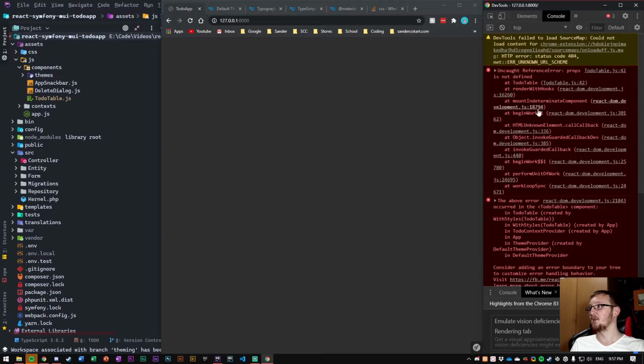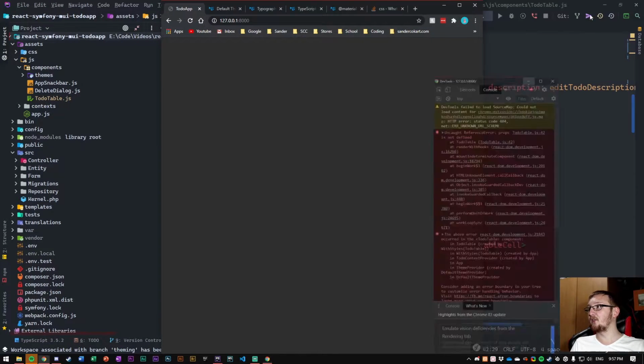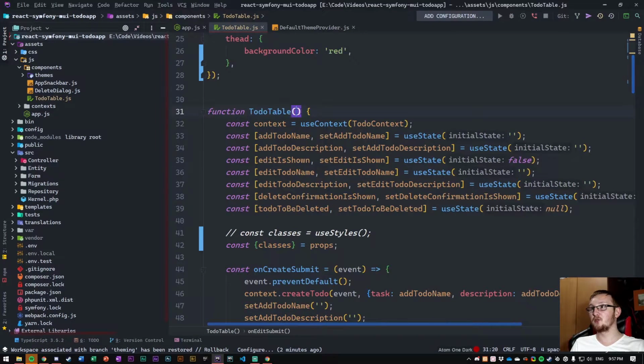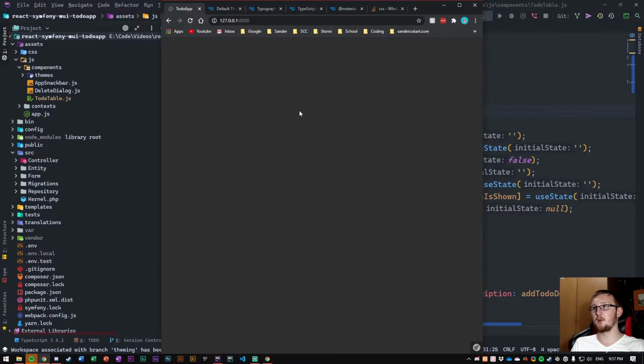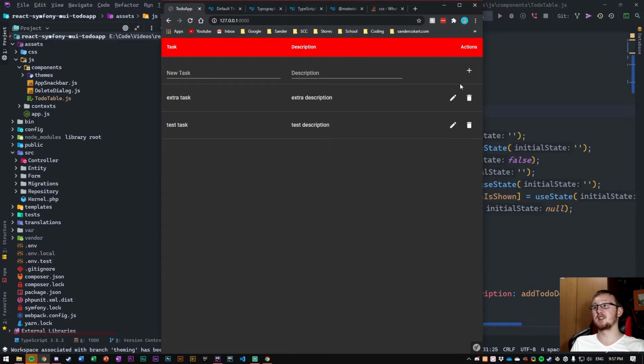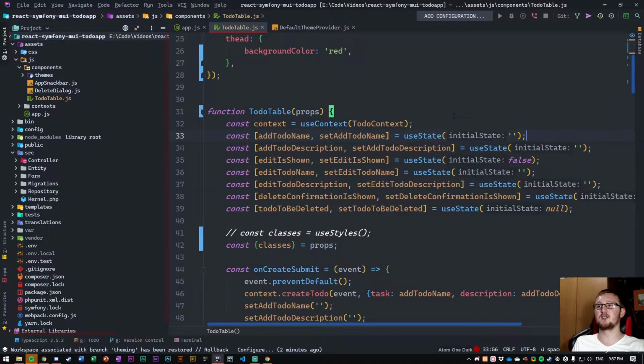Okay, we're getting errors. What is it? Props not defined. Okay, cool. I need to go to my to-do table. So we do need to pass in props now. And there we go. It works the exact same way, but when you want to use these different things, you